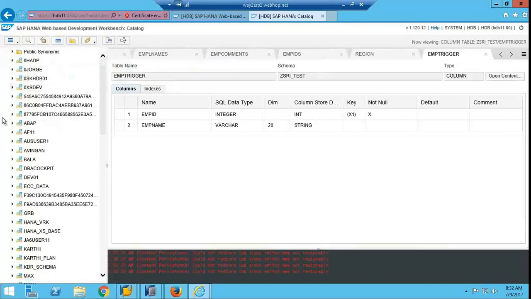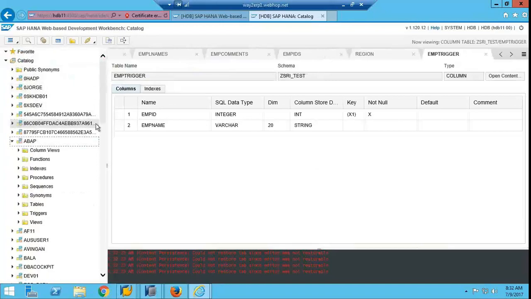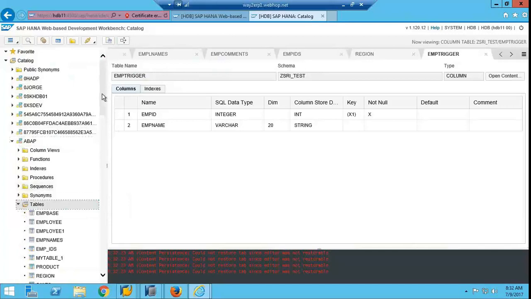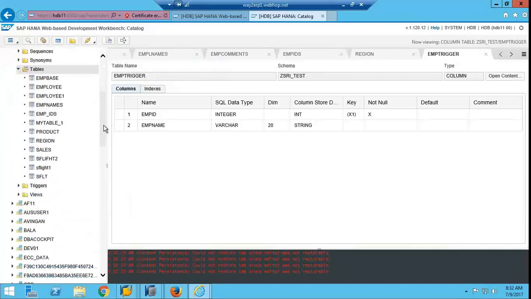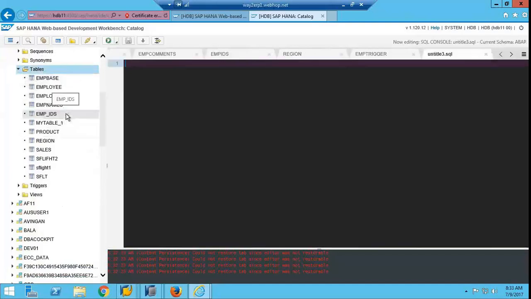See, we see in the ABAP catalog, right? This one. This is the web IDE. Okay, there is no installation required. Directly without installation, you can do native HANA development here. So here you can also open the SAP console. Open SAP console. Select star from, just select any table like the sales table.